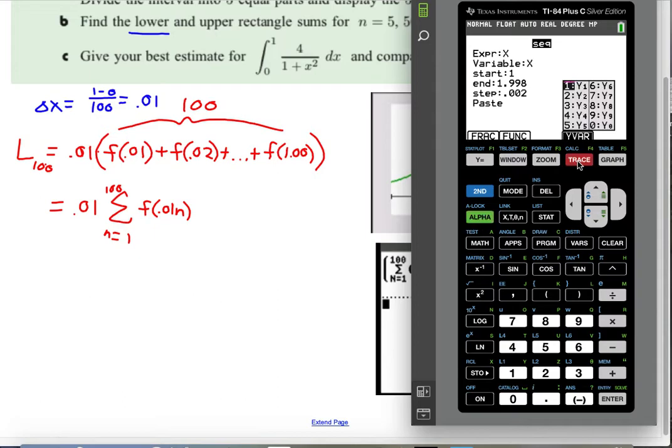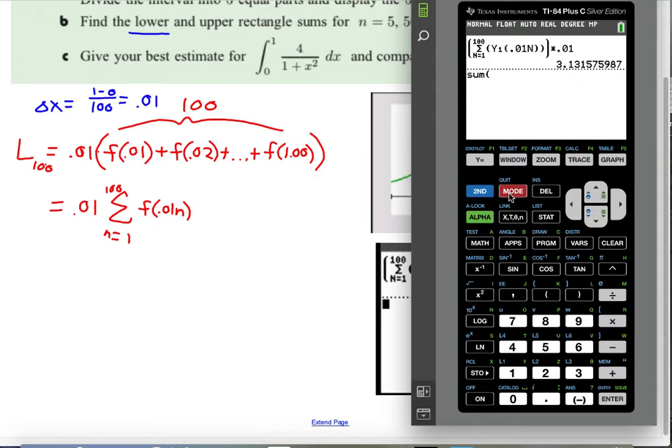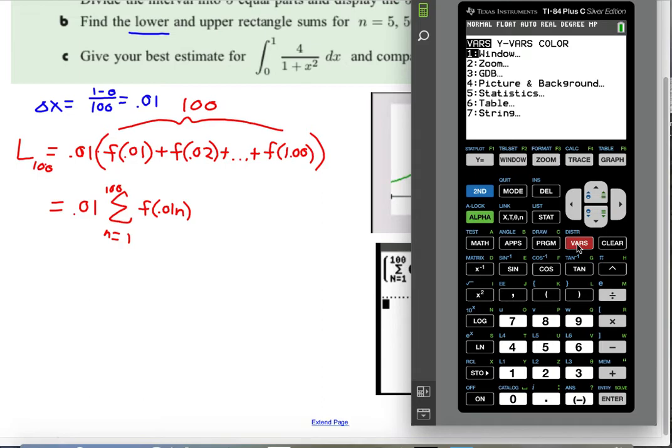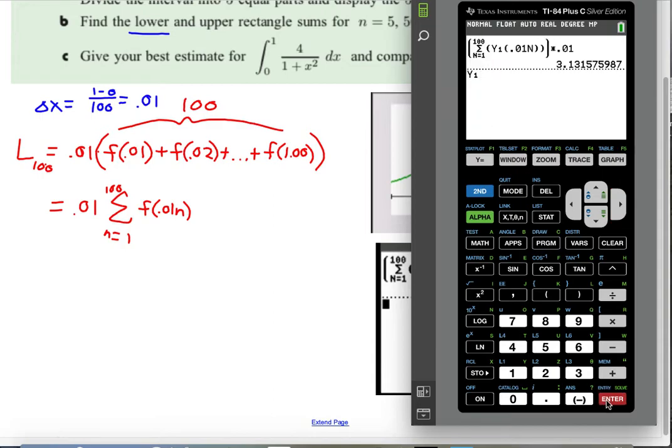Now what's the expression here? Well, I'm going to press alpha trace. Oh, by the way, and if alpha trace doesn't work for you, you can always go through the vars button. Hit vars, go over to y vars, go into function, and then there's your y variables. Okay, clear. Oops, so I got to start all over. So second stat, go over to math, number 5, sum up, second stat, go over to ops, number 5, sequence,